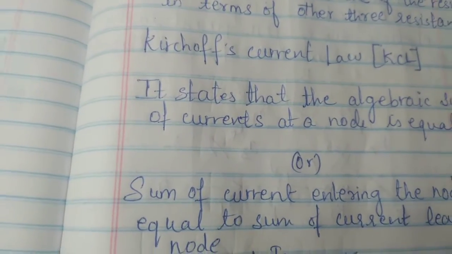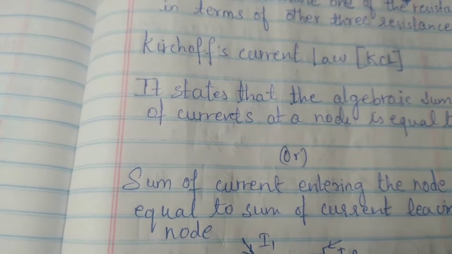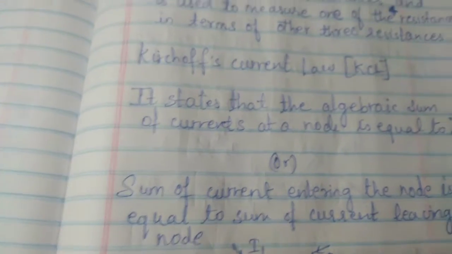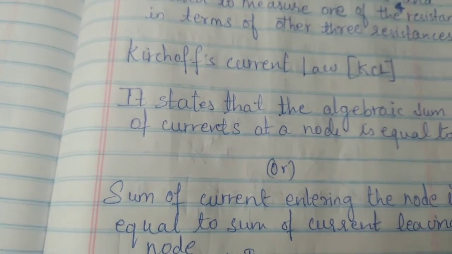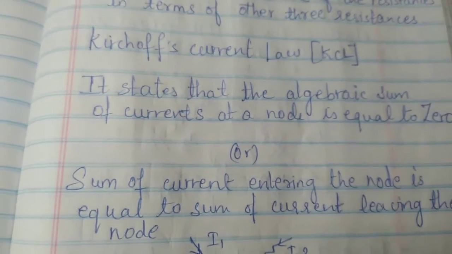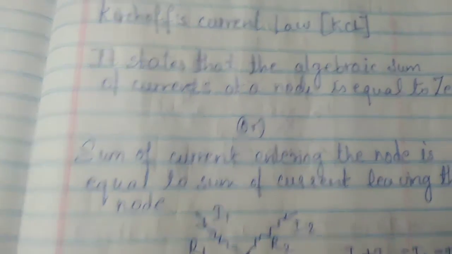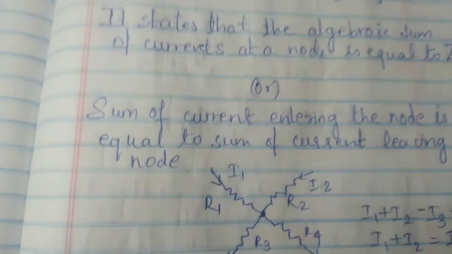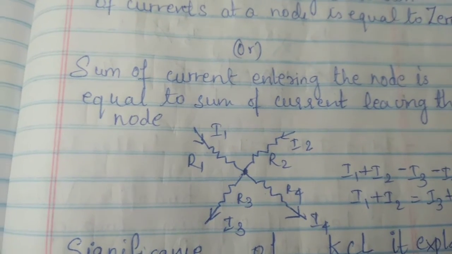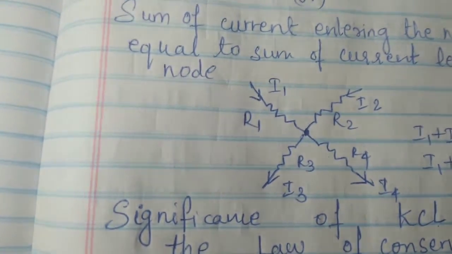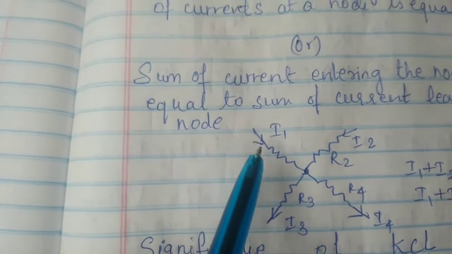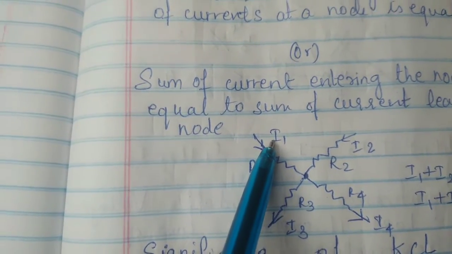Next, the topic we are going to see is the two important laws and their significance, which is very important. Kirchhoff's current law, also called KCL, states that the algebraic sum of currents at a node is equal to 0, or it can also be stated as the sum of current entering the node is equal to the sum of current leaving the node. And diagrammatically it can be represented in this way, like I1 represents the current entering through